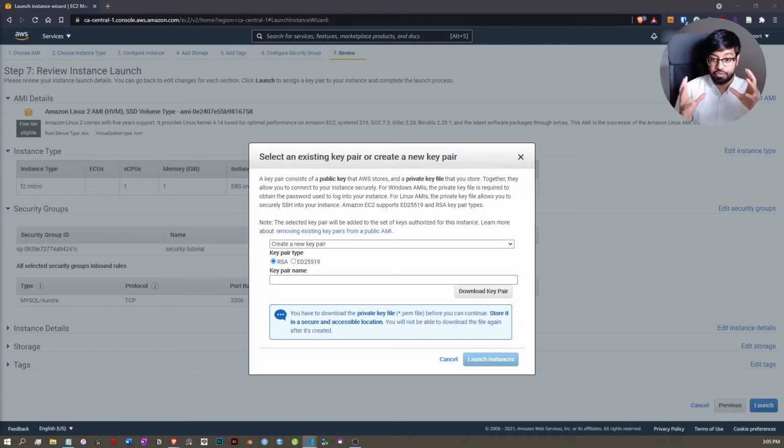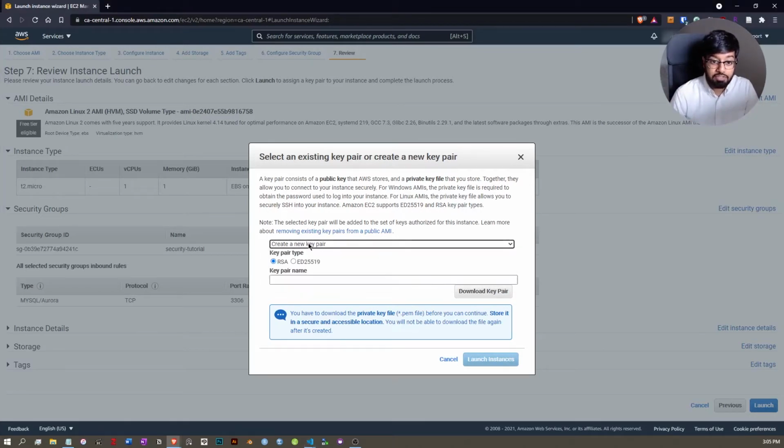It is critical that when you download this key, you store it in a secure location on your computer that you know no one else has access to, or only the people who need to have access to it have access to it, and that you do not lose or delete this key, because it is your way of getting into the instance. The way you download the key, first you will choose, if you have the option, create a new key pair,